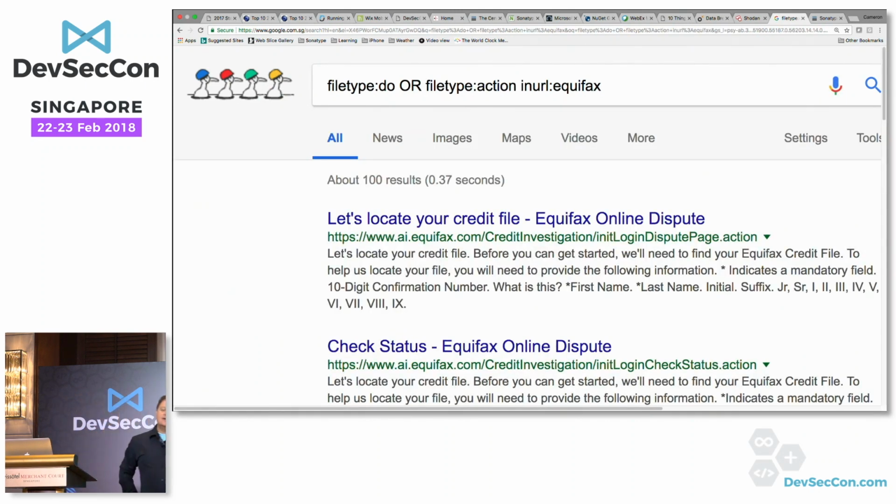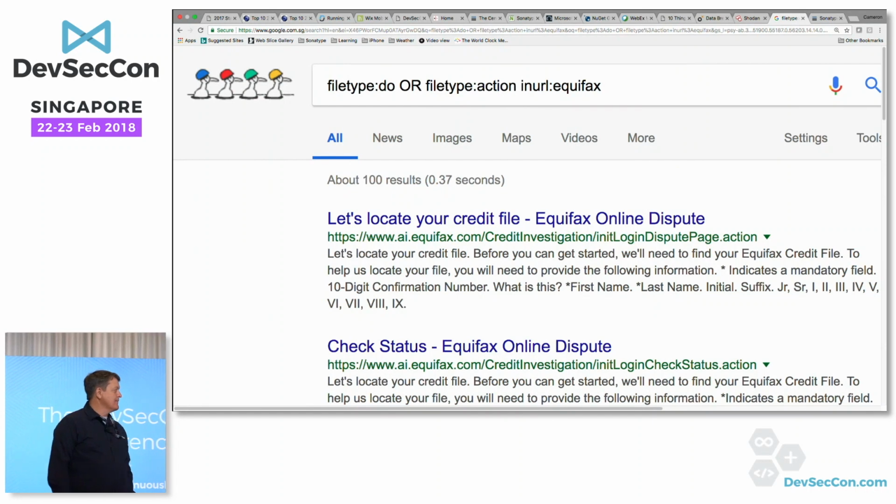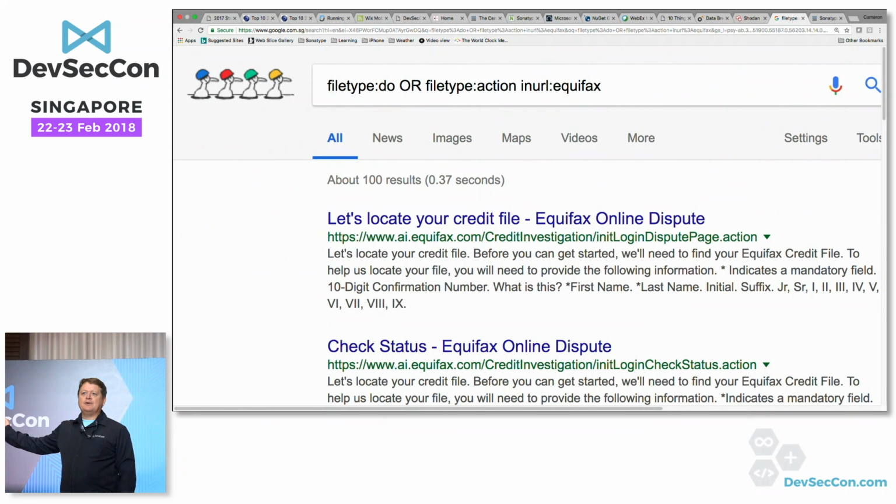Oh, okay. So what I've got here is I've now got 100 pages at Equifax, written in Struts. They're still up there, by the way. They may or may not have patched their server since the attack was announced. But I'm an attacker. I can now target this website. It's a very, very popular technique for hackers to actually go and find web pages using their signatures.